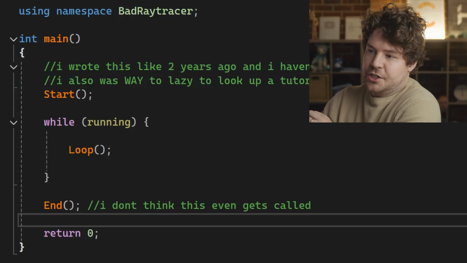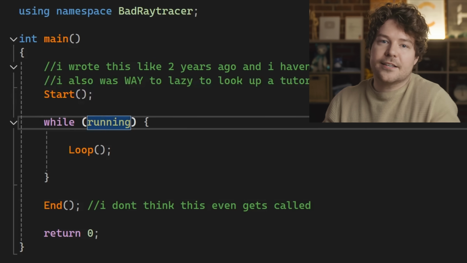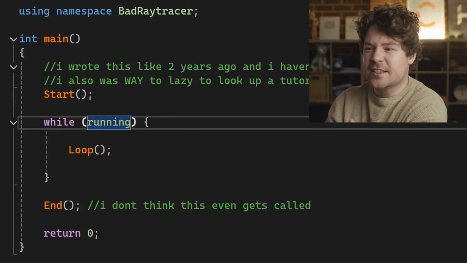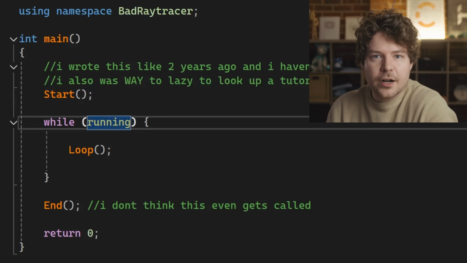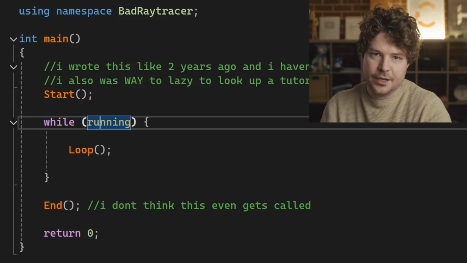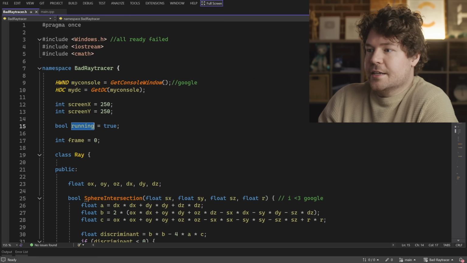So this main function, this looks great. I mean, look, this is sus. Just looking at this, if I had to mention one thing that sticks out to me as being odd, it's running, while running. Well, where's running? It's not here, is it? The running variable is not here, and yet I'm using it. That is sus. If we just hit F12 in Visual Studio to go to where it is, we get taken